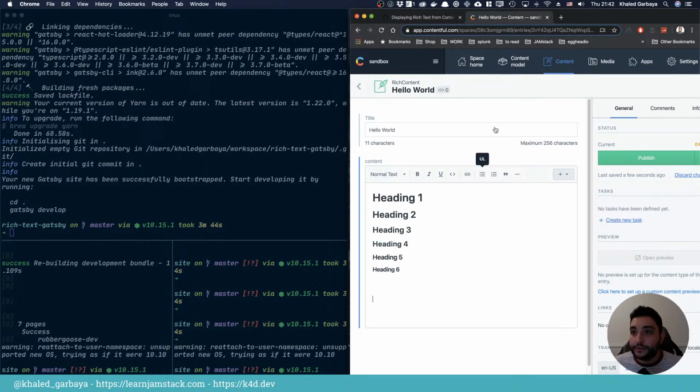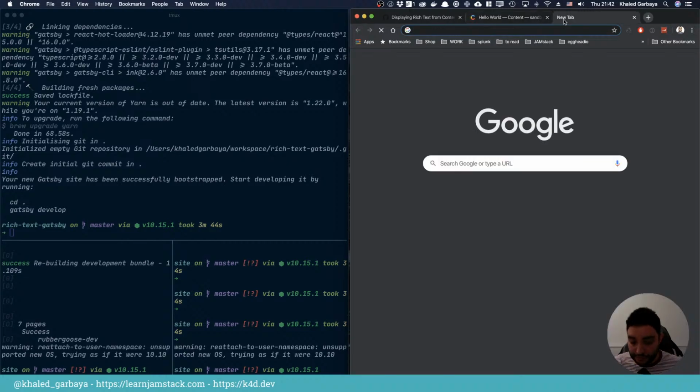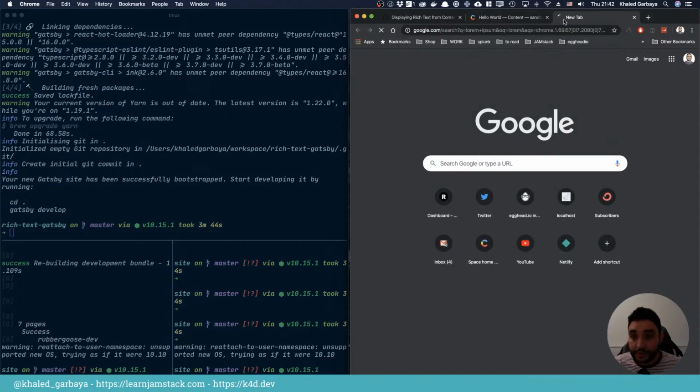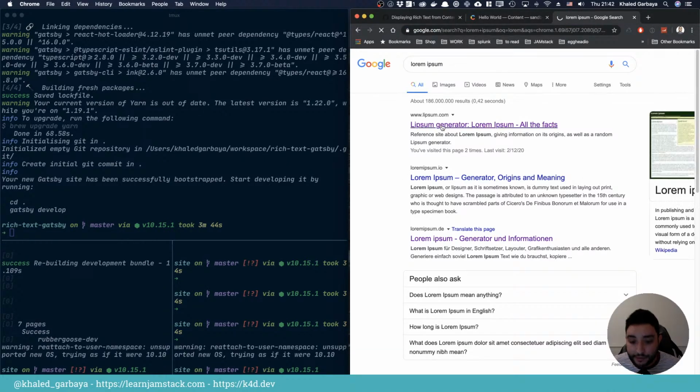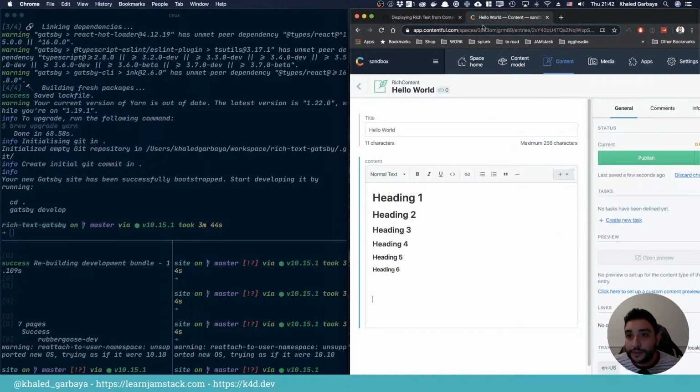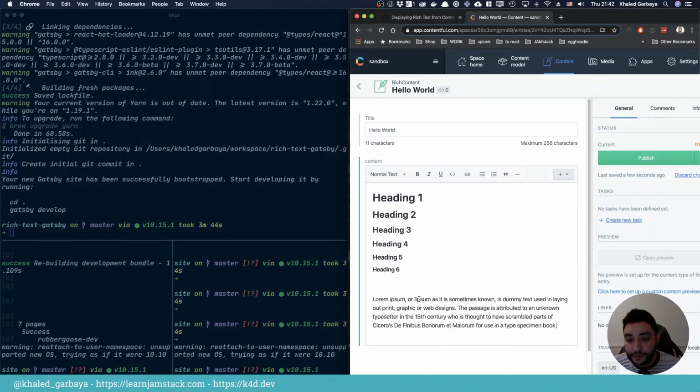And then maybe let's get some lorem ipsum text. This is for the paragraph. I mean, I can just copy this. I don't know what's going on with the internet. So I have that, and let's say, okay,